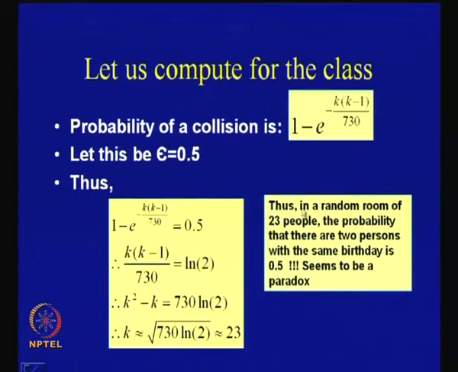But we see that in a random room of 23 people, the probability that there are 2 persons born on the same birthday is actually quite high. It's actually 0.5, and we will see that if I increase this 23 people to a little larger, this probability shoots up quite fast. Now this is a very specific example, but you can work out a more general case. Instead of 365, you can have maybe 2 to the power of n possible outcomes, and then try to find out the estimate of k.